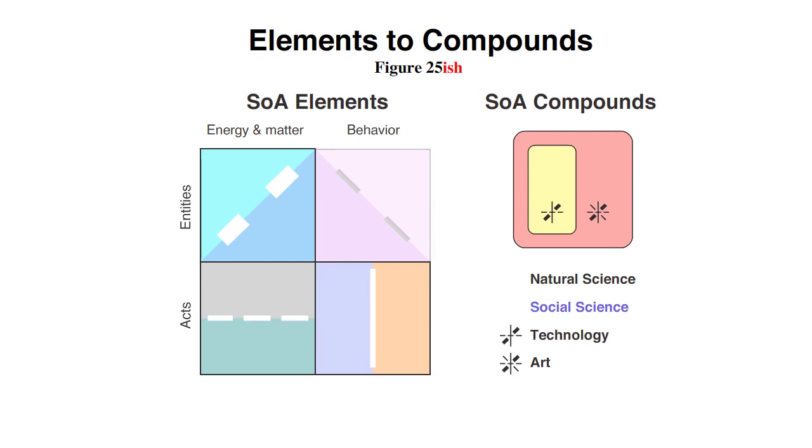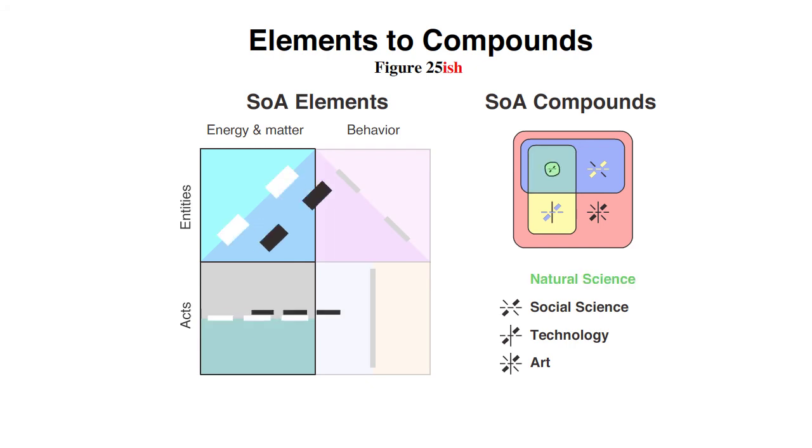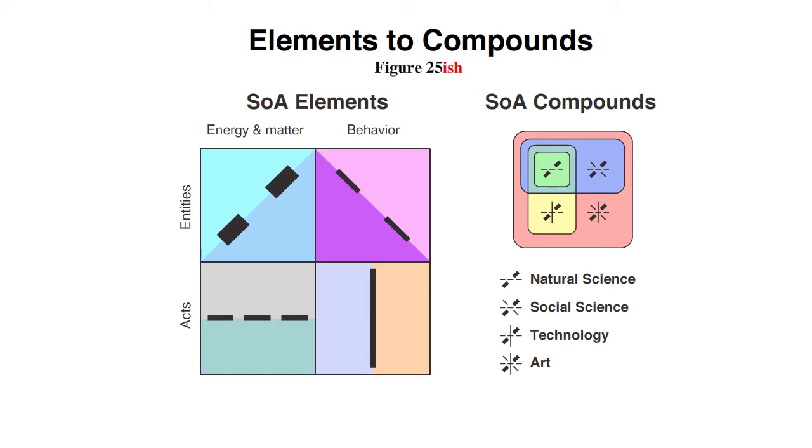The social science discipline uses 3 also, with only one difference. The similarities between social science and technology form the intersection shown in the compounds. The 2 elements they have in common match the compound of the natural science discipline. The gap in that intersection is explained later in the book. That sums up the modified versions of Figures 23 and 25.